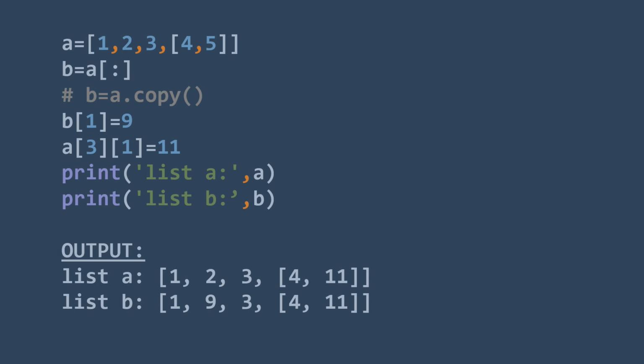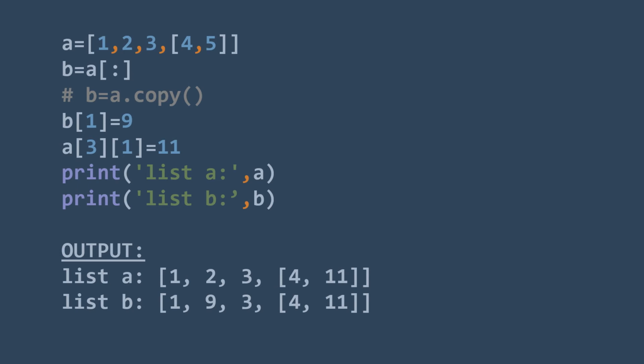Now here you can see list A is 1, 2, 3, 4, 11, and list B is 1, 9, 3, 4, 11. We have modified one normal list element in one list and a sublist element of another list.